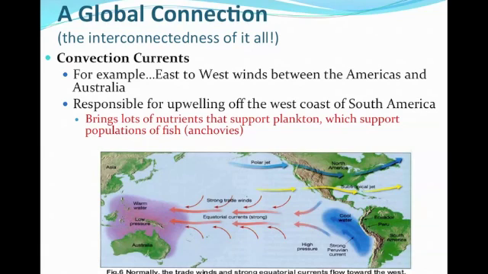So a major example of this looks at convection currents, which you have probably heard about in physics and sometimes in chemistry. Convection currents are all over the entire world, and it is how the winds are created by the heating and cooling of the air. The major example that we're going to look at are the east to west winds between the Americas and Australia. So on a normal day, the winds move from the east to the west